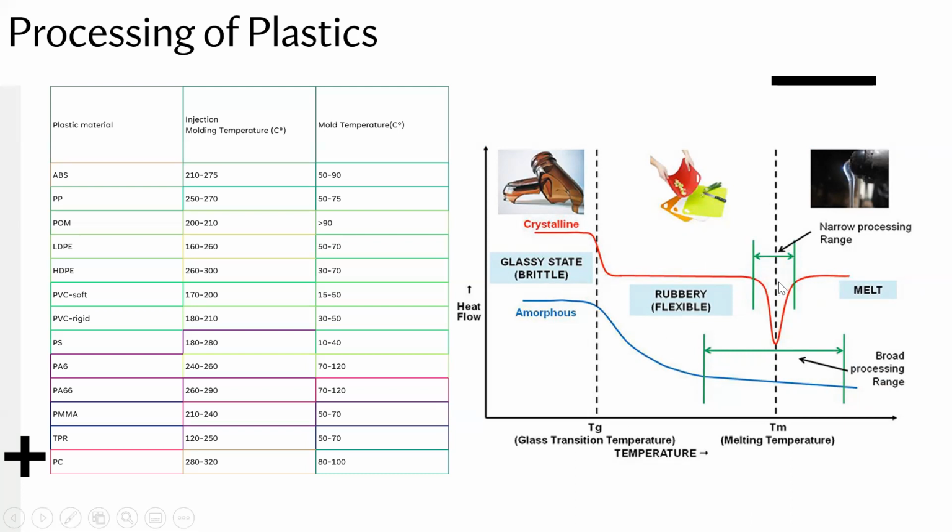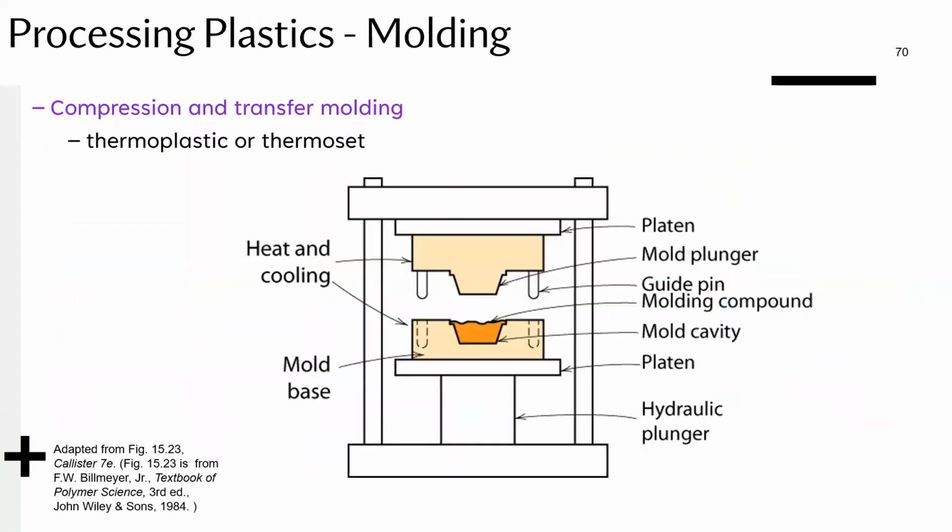And some processes are okay with a little bit less because they just want to give a shape to the material. They don't want to fully, as you'll see, fully melt it down and then inject it or whatever. They just want to forge a shape into your material. Okay, so the first process that we're going to look at is